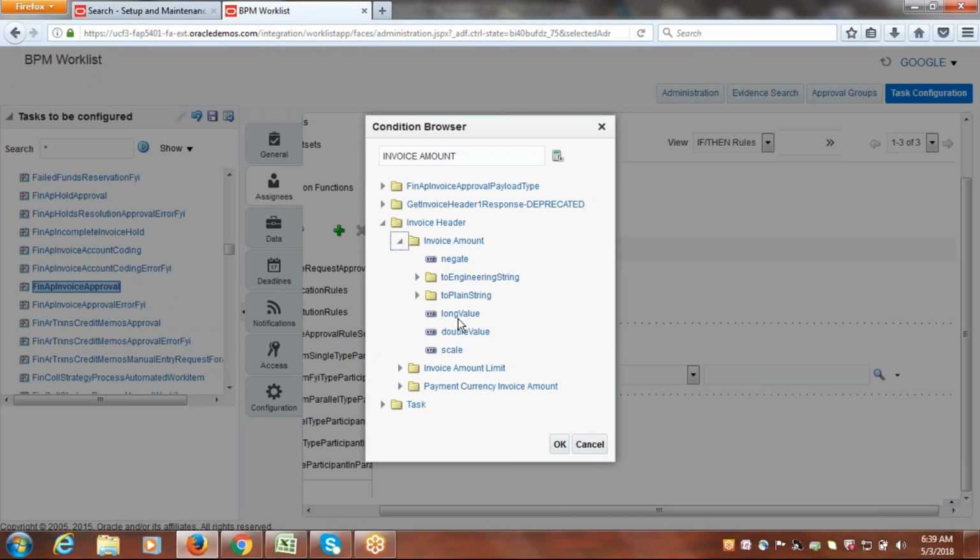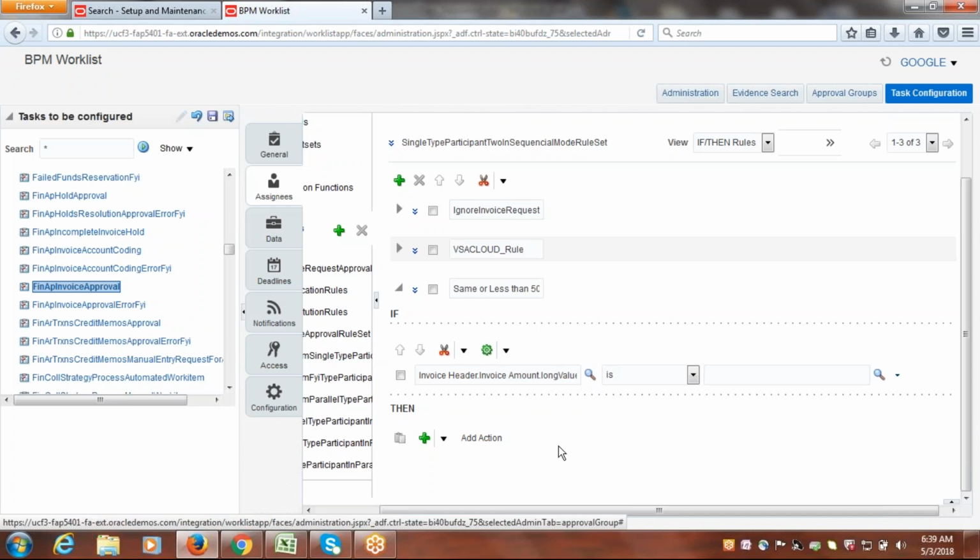So you can just select long value. Select long value expression if you are dealing with amount as a parameter in the approvals rule definition. Select long value and say okay. That means now we just selected if invoice amount is,